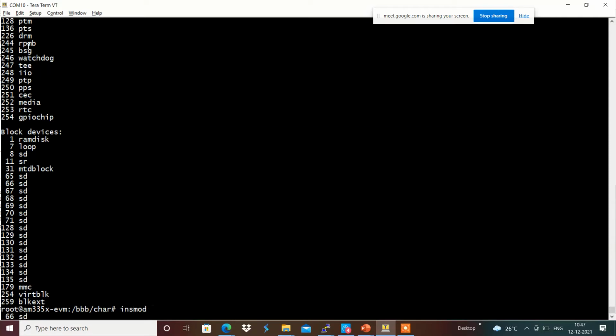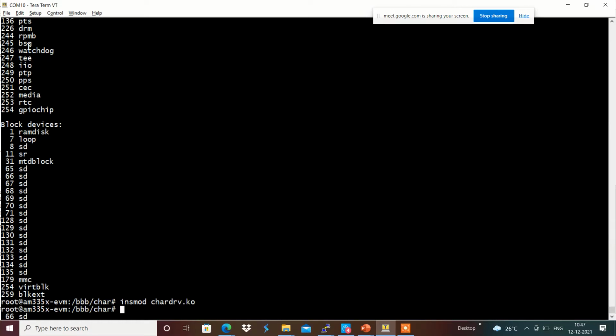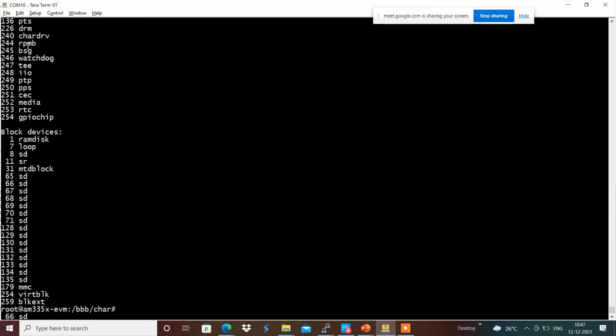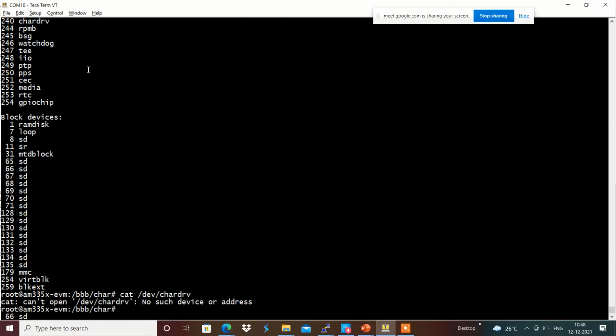Basically we are just registering the character dev region in that. For example, insmod the character dev region, and cat /proc/devices shows it has been created with 240. Now I'm going to use /dev/character over here, which gives no such file or device, since it just registered the region and does not provide the file operations for the character device driver file.